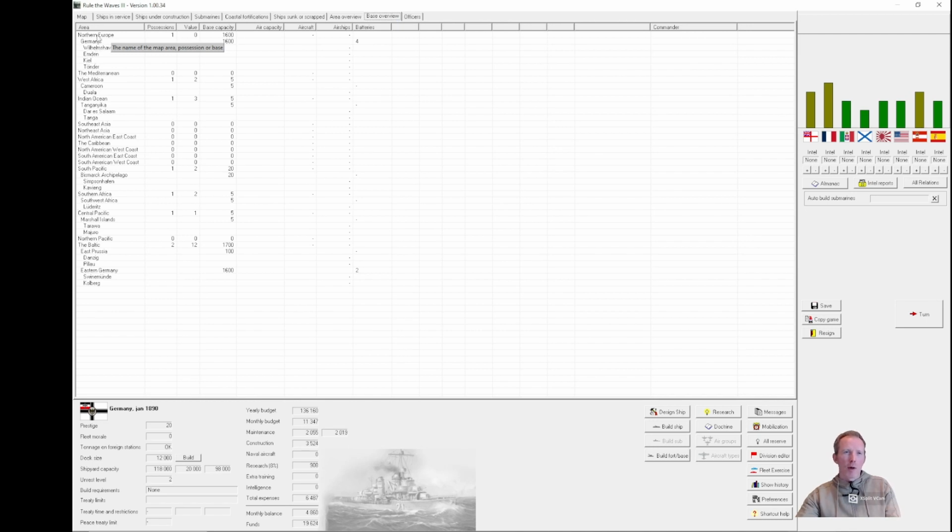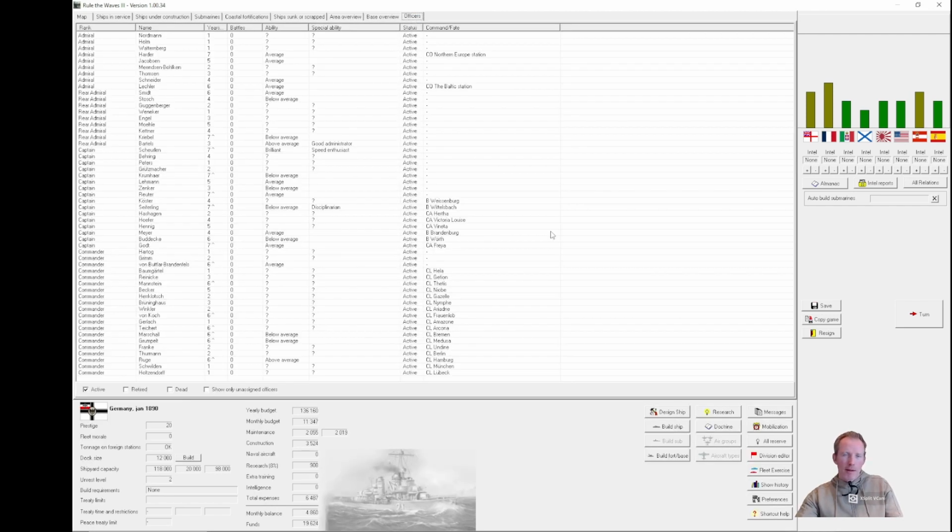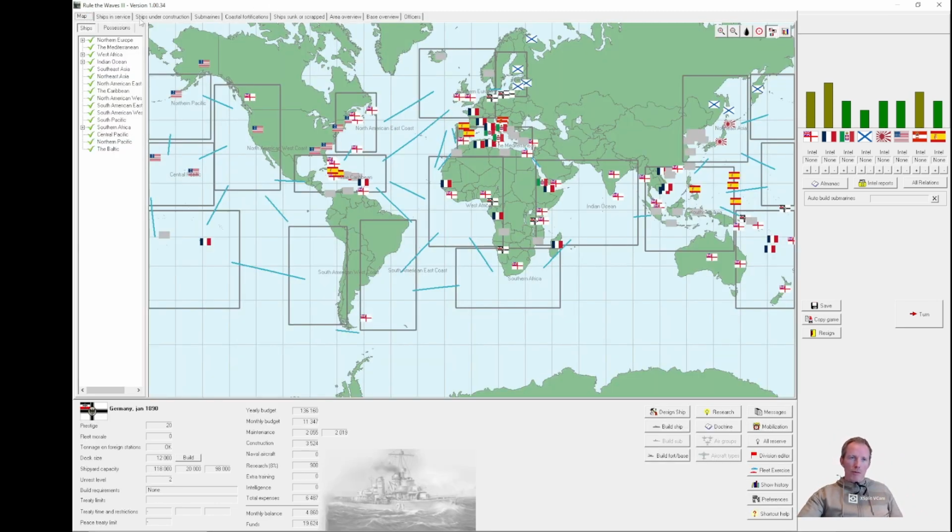And these are the sub areas, and then there are the actual bases, ports, whatever I should call them, listed under here. So it's sort of a tree structure. And then you have your officers and officers command areas, fleets, squadrons. Yeah, you get the idea. We can look at each in turn, but those are your tabs, or should I say